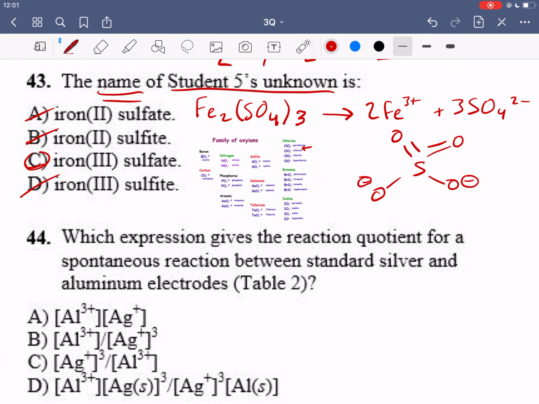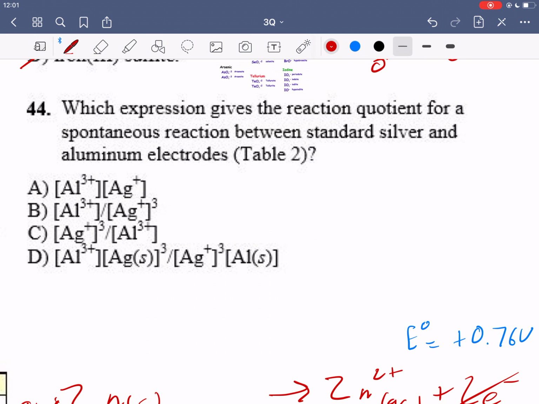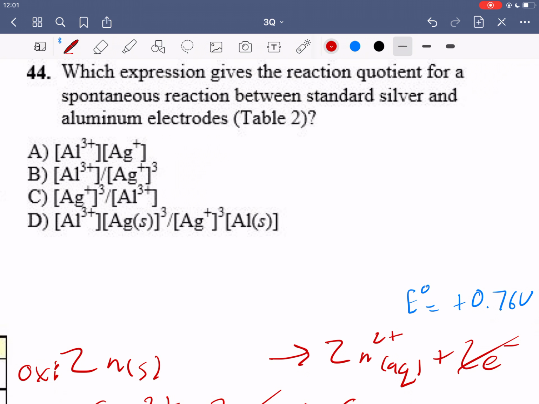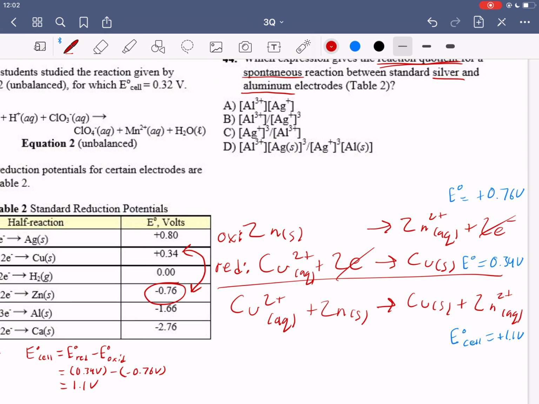Moving on to the next question, and this will be the final question of this passage. Which expression gives the reaction quotient for a spontaneous reaction between standard silver and aluminum electrodes? So we're reacting aluminum and silver. It's a spontaneous reaction, and we want the reaction quotient. Okay, that's what we're looking for. Those are our answer options over there,